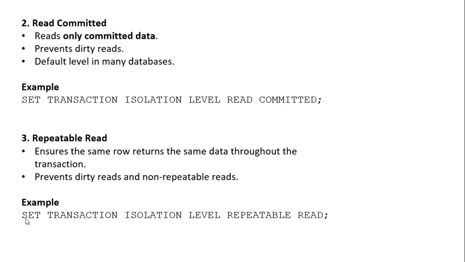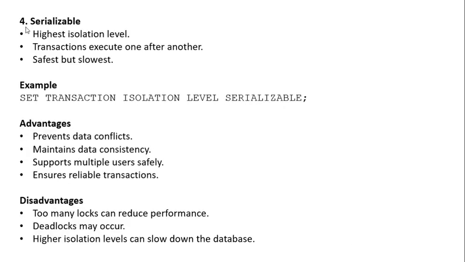To write it: SET TRANSACTION ISOLATION LEVEL REPEATABLE READ; The fourth is serializable, the highest isolation level, where transactions execute one after the other. It is safe but the slowest. An example: SET TRANSACTION ISOLATION LEVEL SERIALIZABLE;